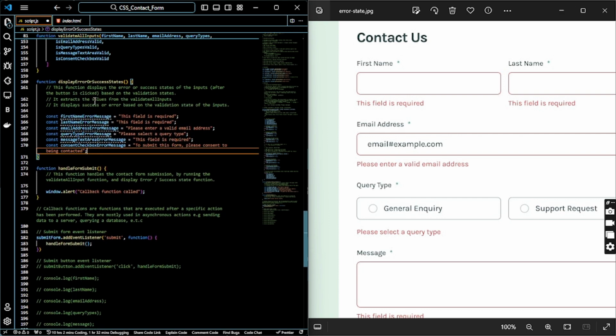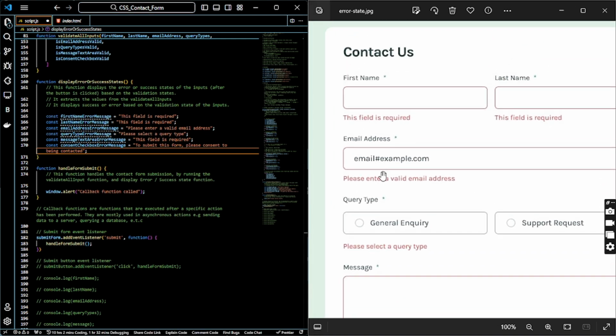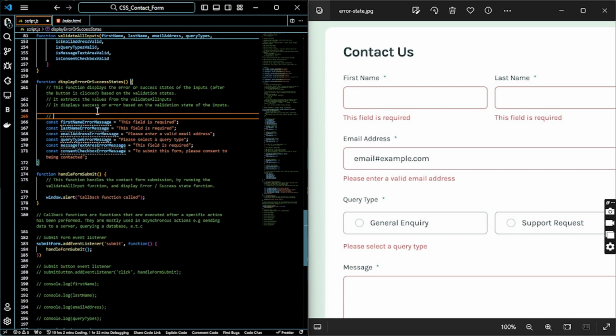So now the next thing to do is we're going to be applying CSS, and the reason why we're applying CSS is so we can apply this outline state to our input and also apply this color red. So in order for us to do this, we actually have to test it first to see that it is actually working. So now that we've defined our input error messages,